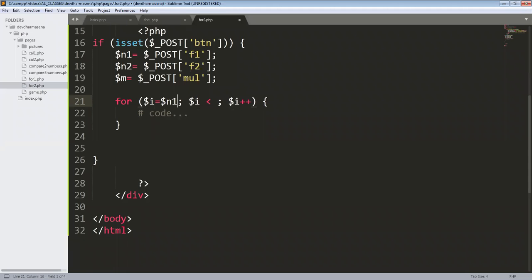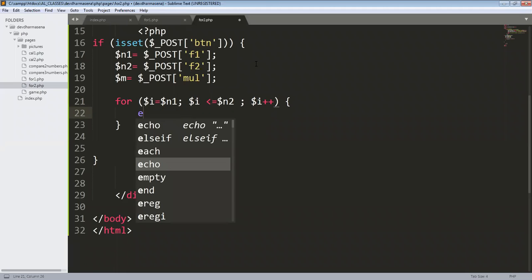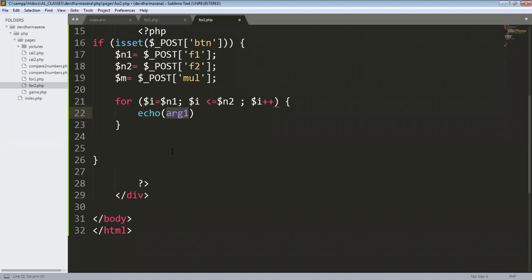Then we have to compare how far you are going to get this multiplication table, right? $N2, right? So within this, I can use the echo, right? To print the table, right? Okay.